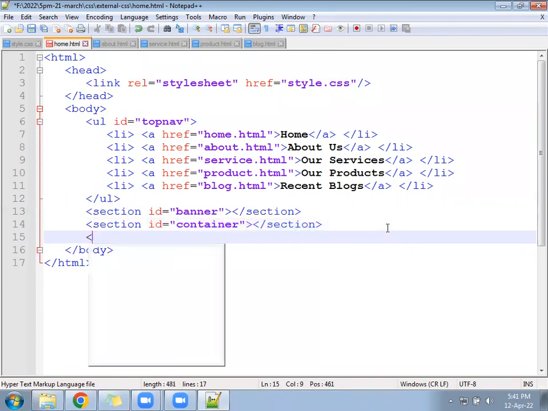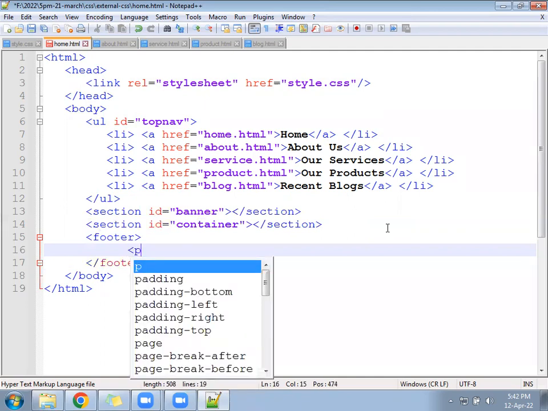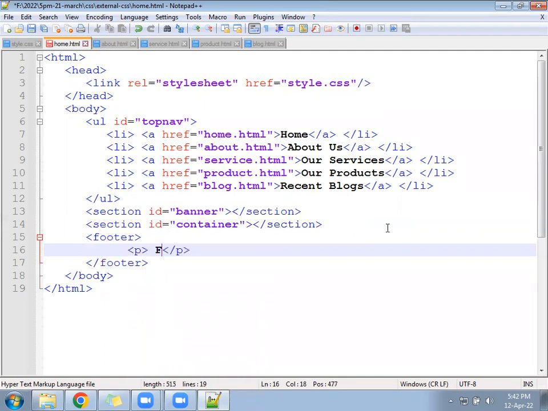Write one more tag called footer. This is also an HTML5 tag, called a semantic element. You can write a simple paragraph inside: footer is here. We can write some name here directly, maybe the company name, CYPOTRIX.